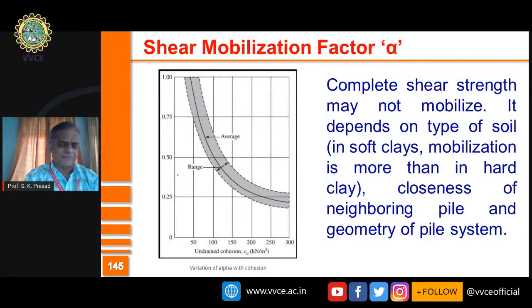So shear mobilization factor is quickly found out depending upon the type of the soil, and it will be indirectly equal to the efficiency of the pile. So if the soil has some capacity, like let us say 80 kPa over unit area, then shear mobilization factor will let you know that the capacity is 80, but that full shear mobilization is not achieved. That value will be lower. The maximum capacity you can take will be lower because of this factor to be considered.